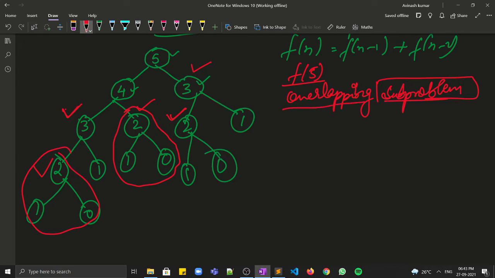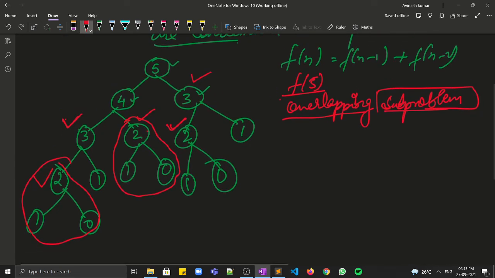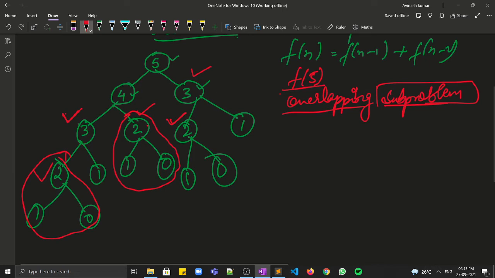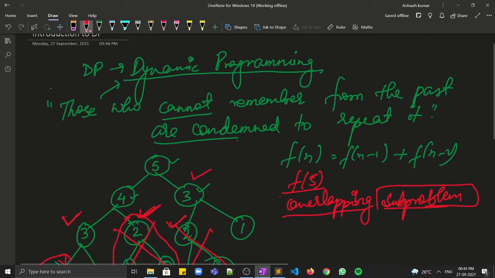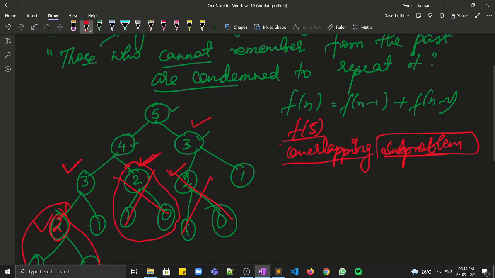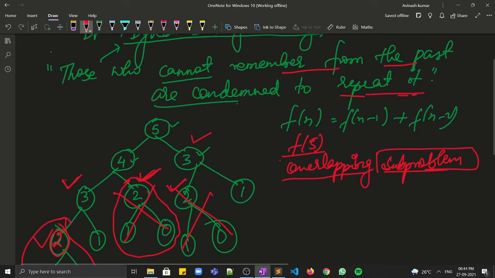Okay, so these are getting executed again and again. What if we store this value somewhere and we don't have to use this calculation again? We know the value of 2 here from calculating it, so we can simply use this value of 2 and you can get your answer and you don't need to do the calculation again, right? So what we are doing here, we are remembering our result, so that we don't repeat it. So I hope the idea behind dynamic programming is clear.